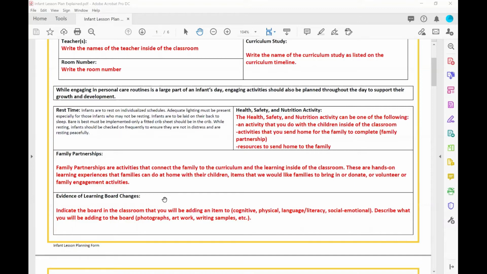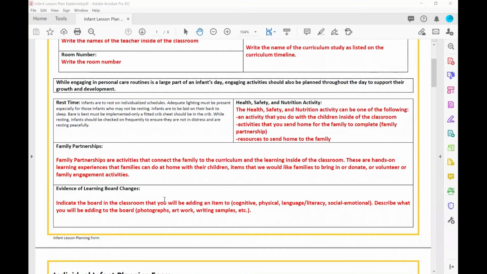We know that for infants, our evidence of learning is mainly going to be pictures. They can't write yet, and we don't want to see that handprint footprint art, right? What is that really teaching the child? If we see artwork from an infant, it's really focusing on the grasping of the crayon or the pencil or whatever kind of art material that they have. So what I would do in that instance is take a picture of the infant actually holding the crayon and scribbling on the paper and hang it next to their artwork. And your blurb would be more about, you know, that Johnny can grasp the crayon